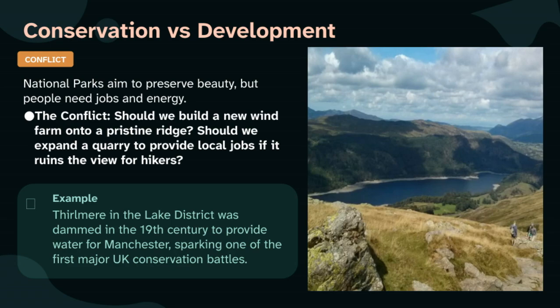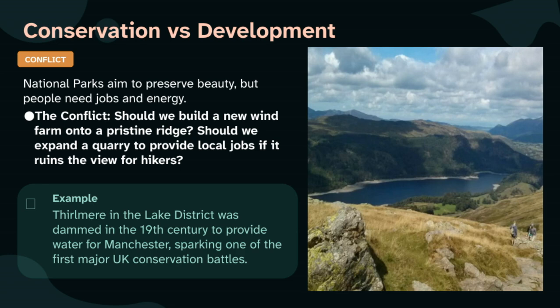Many glaciated landscapes are protected as national parks or conservation areas because of their beauty, habitats, geology, and cultural value. But these are also living, working landscapes. People need jobs, homes, roads, water, energy, and income. This creates conflict. For example, should a wind farm be built on a pristine ridge if it produces renewable energy